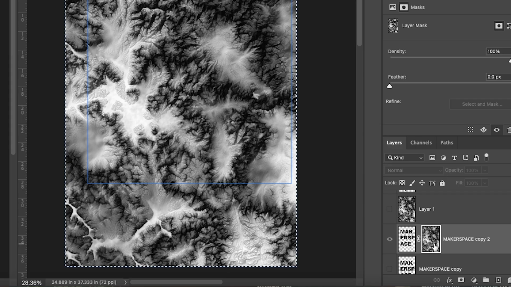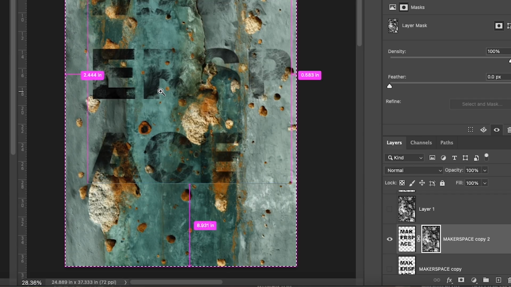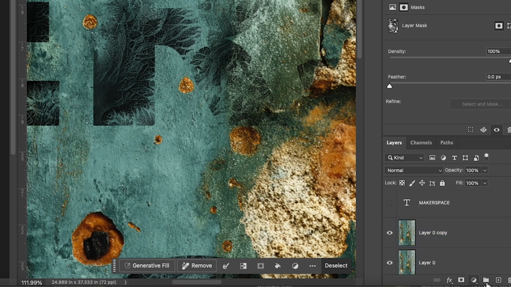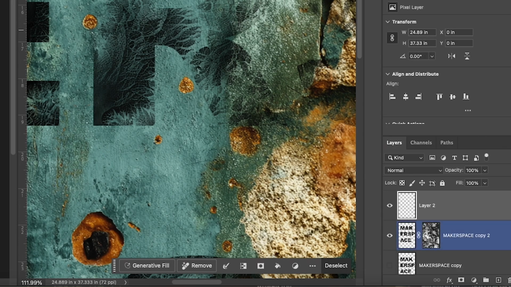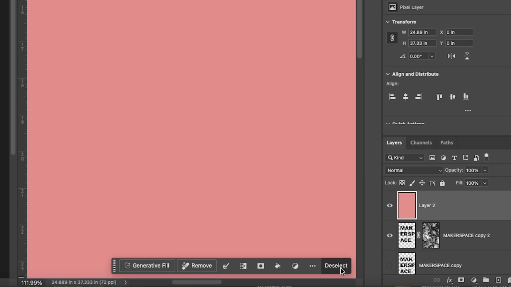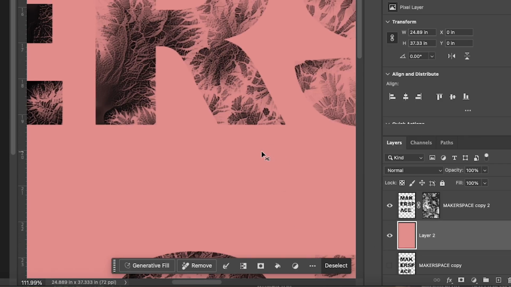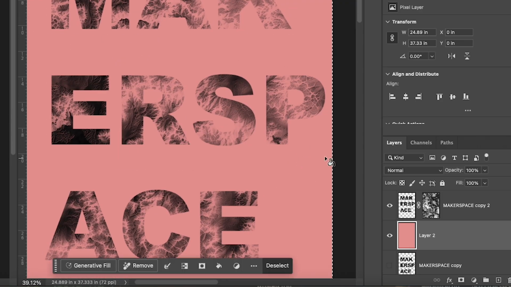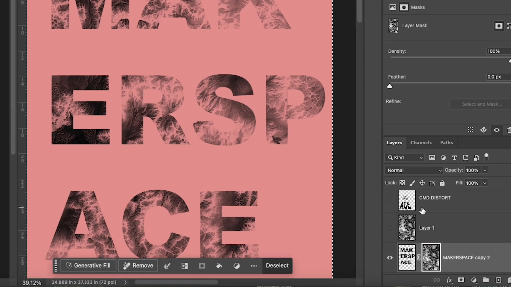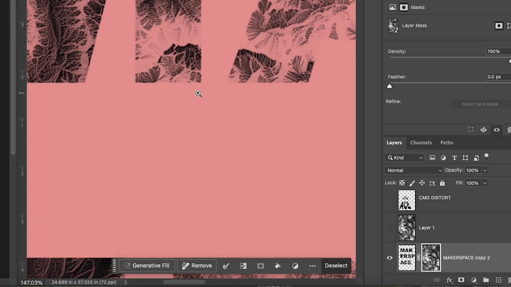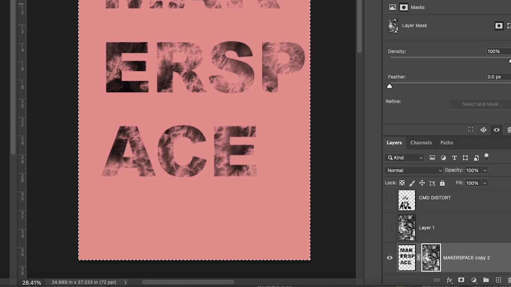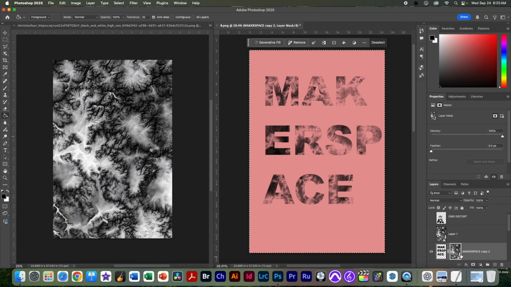if I Option click again to go back to the original, you'll see I have this really great texture. I'll even make it clearer by adding just a normal, let's make it a pink layer and put it underneath so you can see the texture that we've created. So you can kind of see this is a great way of working with textures or any image and turning it into a mask, and you get this beautiful texture inside. Okay, so that's another thing that we learned how to do, was actually copy and paste textures into a space,